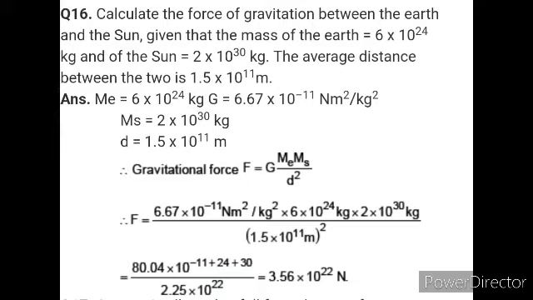So you are provided with the mass of earth, you are provided with the mass of the sun, okay? Then you are provided with the distance between them. Formula you know, force is equal to G m1 m2 over d square. G की value you know it 6.7 into 10 raised to power minus 11 Newton meter square per kg square. Substitute all the values. Follow the steps which I have told you.